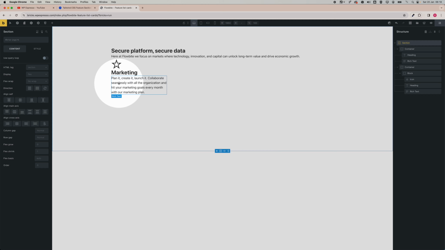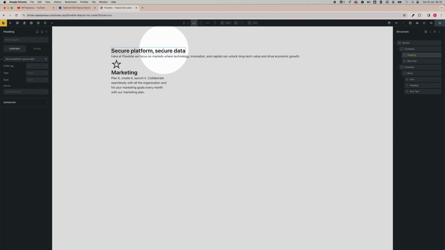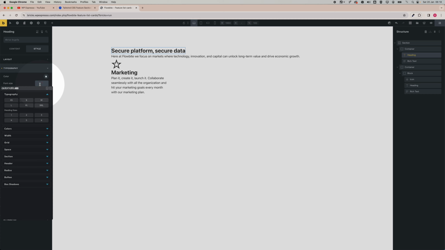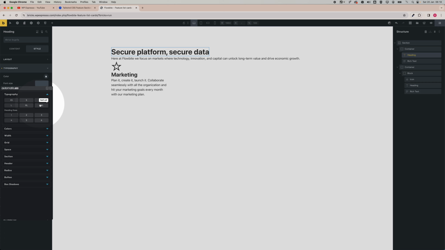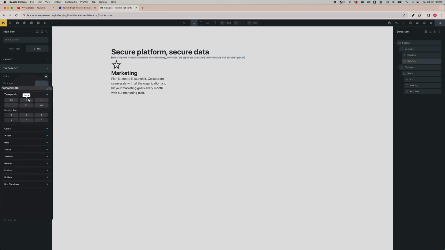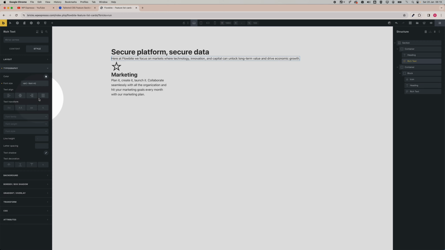So first thing, I'm going to style the title. So select the title here on the left side, style, typography, center it, and then here on font size, put the font you want. I will add XXL, or let me check. XXL will be good for me. Click on the description here, and then on the left side again, font size, right click and L or M, let's keep it M